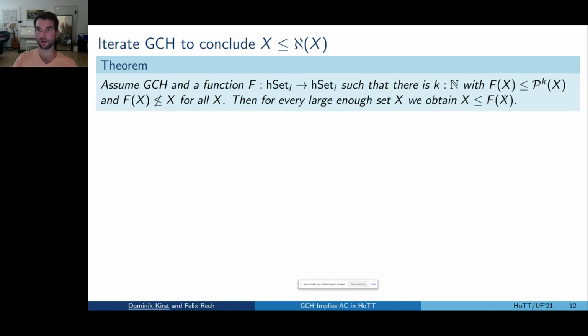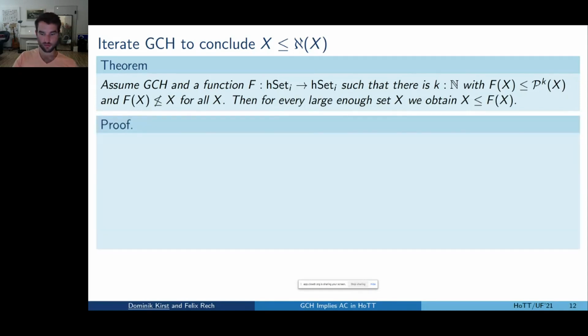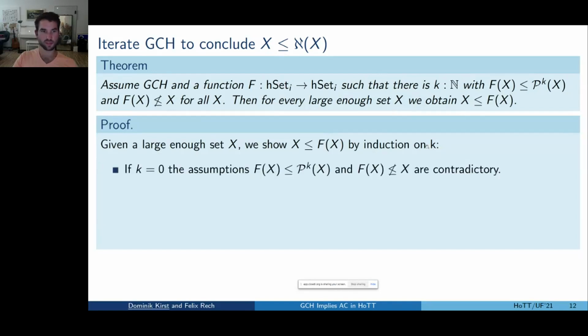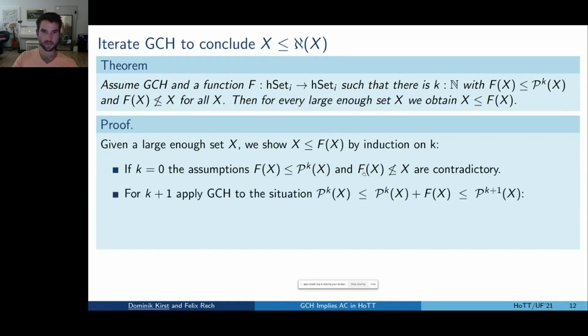So GCH normalizes this function f. And the proof is actually not that hard. You do it by induction on k. In the base case, the assumptions are contradictory. And then in the inductive step, you just produce a situation where you can use the continuum hypothesis. So you squeeze the sum here where you add f of x in between the k-fold and the